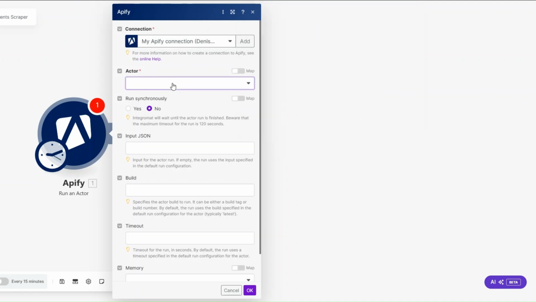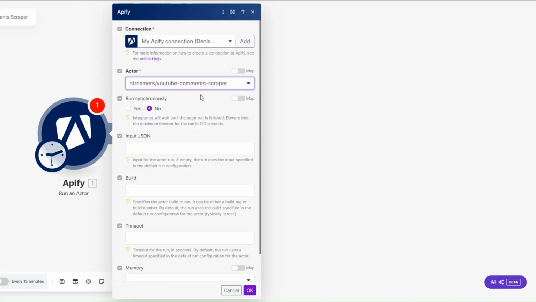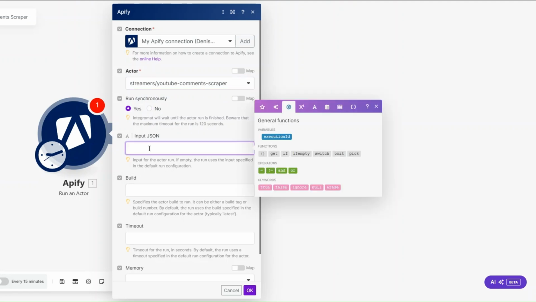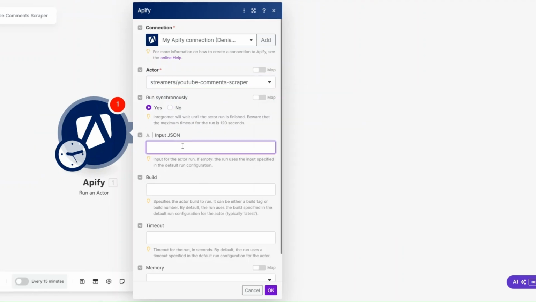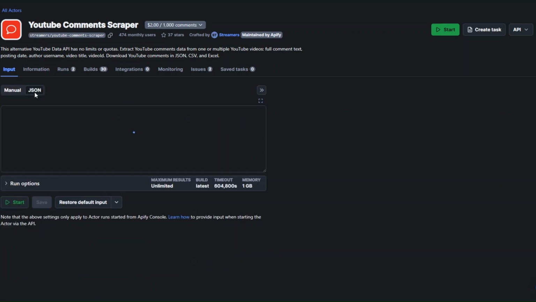After choosing my connection, I'm going to choose our tool. Our tool is YouTube Comment Scraper. Here I'm going to choose to run synchronously. Then here we'll input our JSON. Now to add our JSON, I'll go back to our tool, click on JSON, then here I'll copy this JSON,